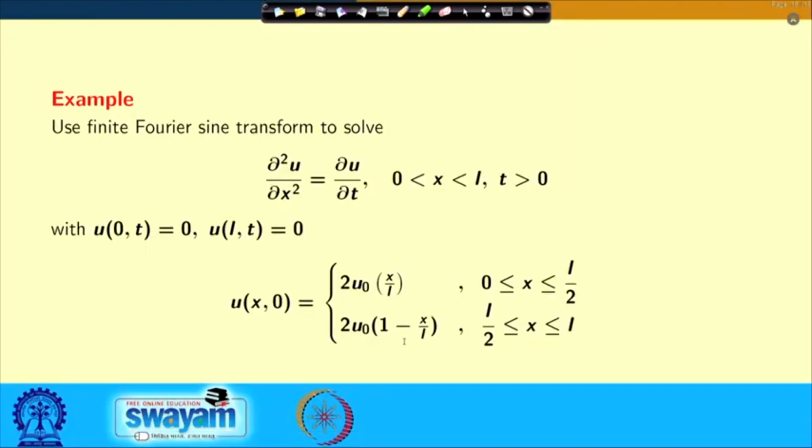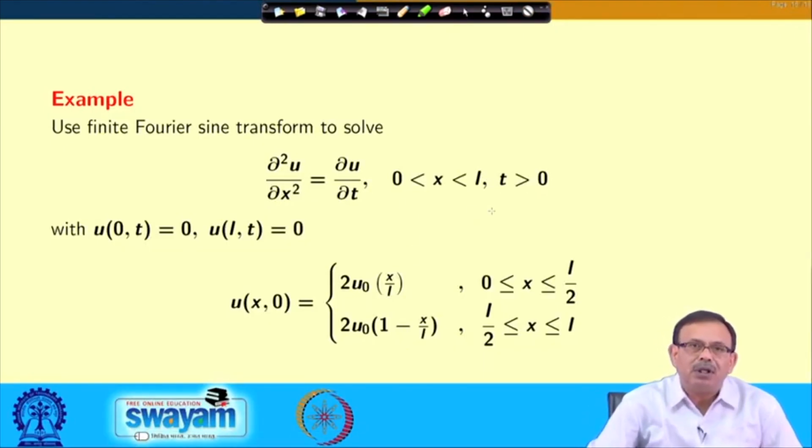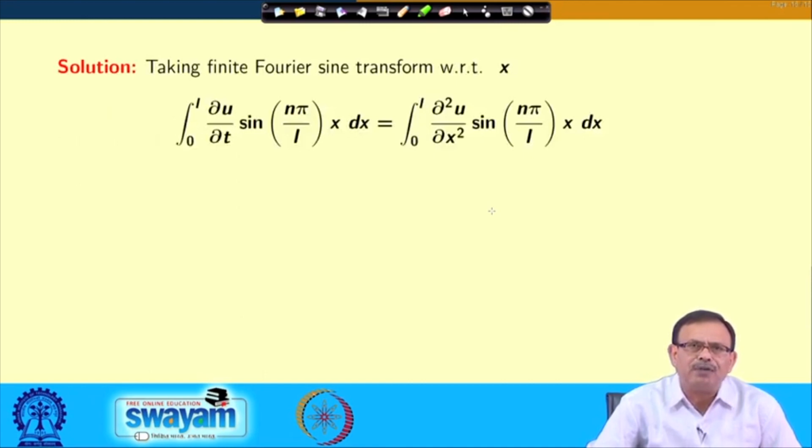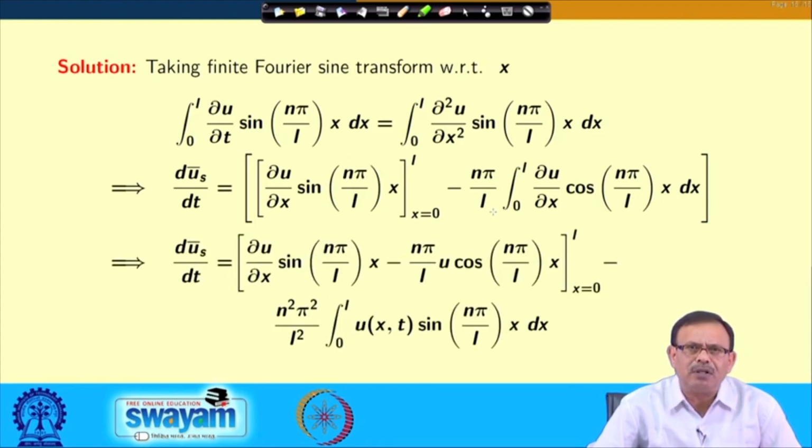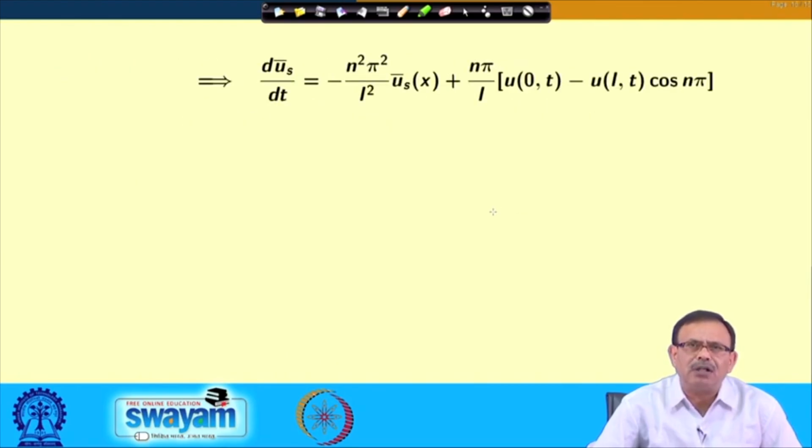This was your original problem, and from the given conditions, I have to apply Fourier sine transform with respect to x. So, applying finite Fourier sine transform with respect to x on both sides of the given equation, I will obtain this. So, left hand side will be d u bar s by dt. I am explaining how I am breaking it; although I have shown it earlier, for this problem I have shown again using integration by parts twice. I will obtain this, and once I am putting the value,